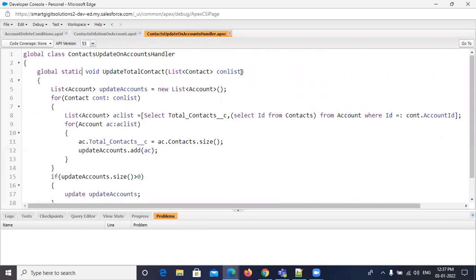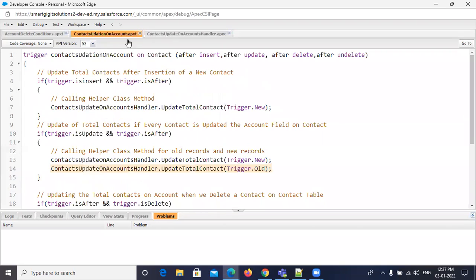Okay, on that here contact list, whatever list of contacts I am sending. Look here, total update contacts. Here I am passing trigger.new. It means trigger.new is a collection of contacts.